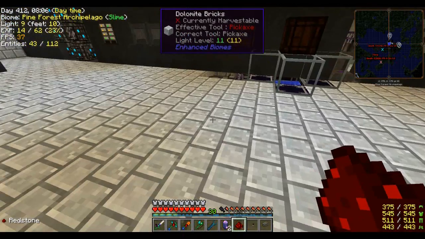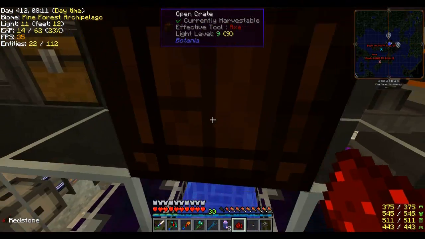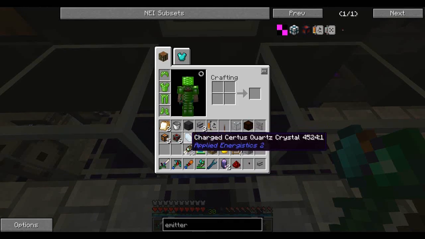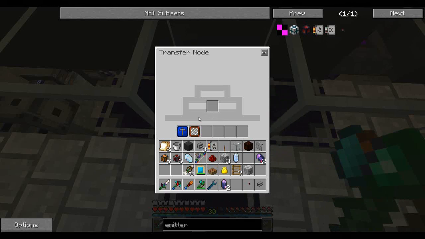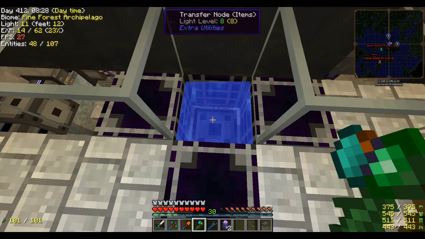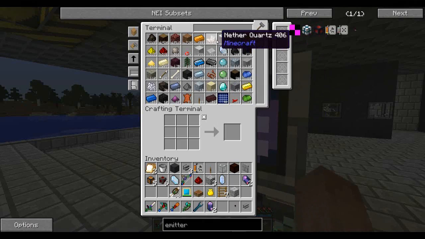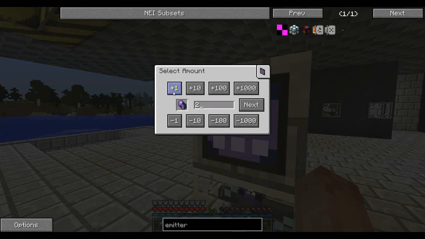Yeah, so it doesn't know what it's doing here. Probably gonna have to break this quick too. So let me grab that. Did I get... So I got charged Certus quartz, I got the redstone. So where did the nether quartz go? That's my question. So let's just try it again. I want to see how it functions. So if I tell it 2,